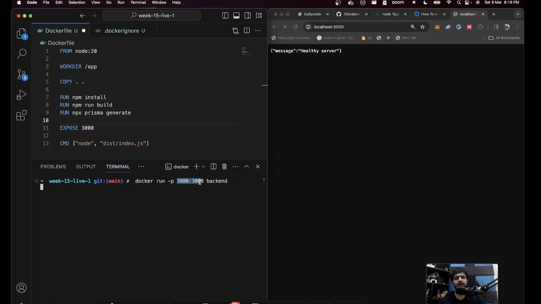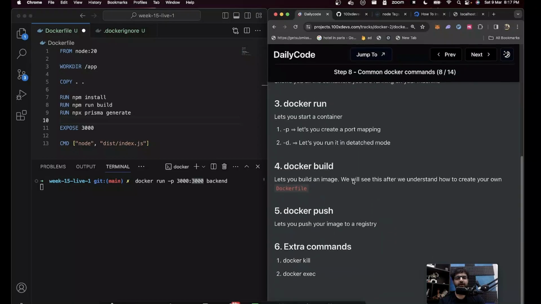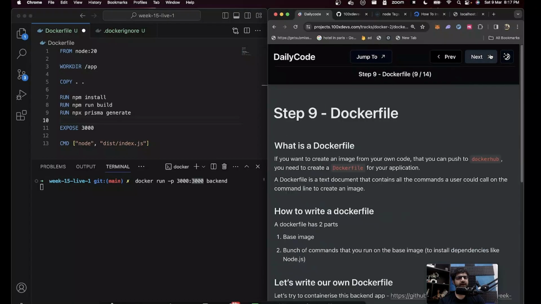You've also added a port mapping so that any request that's coming on your host machine goes to port 3000 on the backend container. That's how you create an image for a Node.js application. Steps remain the same to create it for any type of application. And that's it for slide number 9.